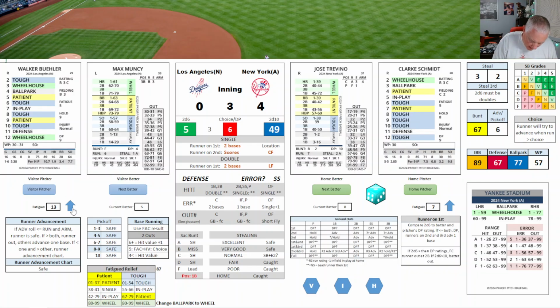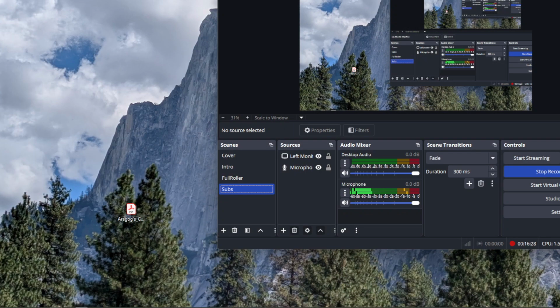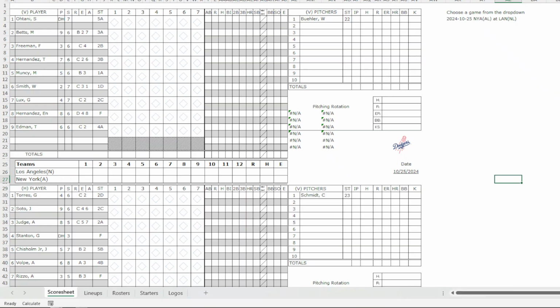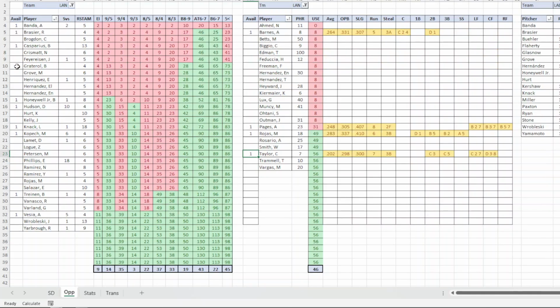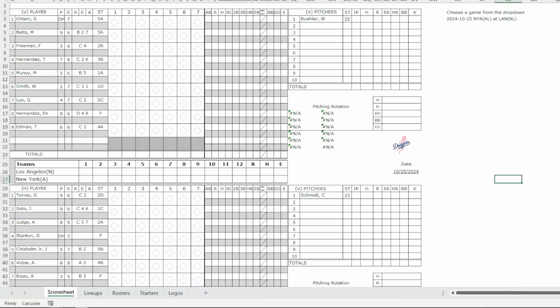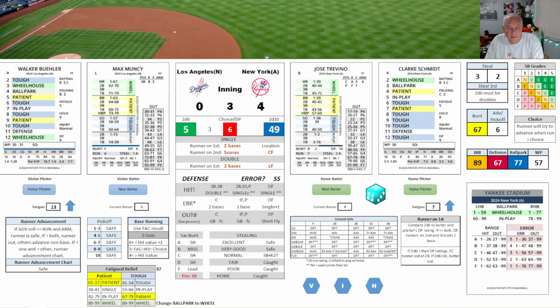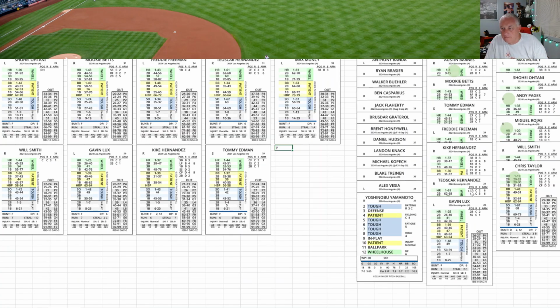Okay. Well, now you can see how I do relief pitchers. 4-0, runner on first, 1 out. And so let's look at this. Where is it? Where is it? There it is. Oh, it's really slow to load. Okay. So the Dodgers are now in the 5th inning or less. That's going to be Graterol to come in. So that's just a random number that's on that for him. So Graterol is going to come in. Let's go back to here. Let me find you. Where are you? And he will enter the game.